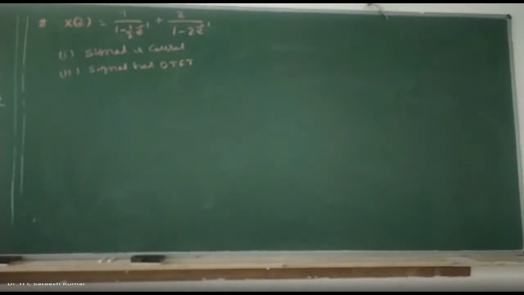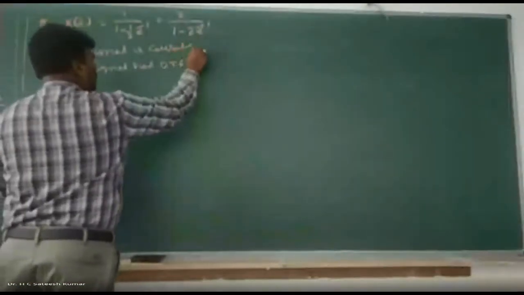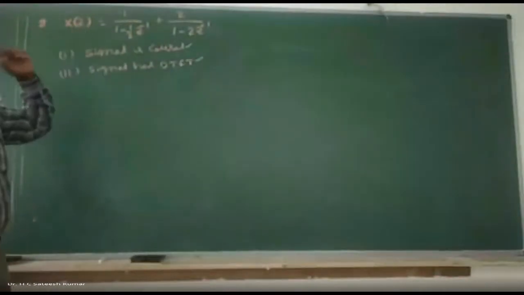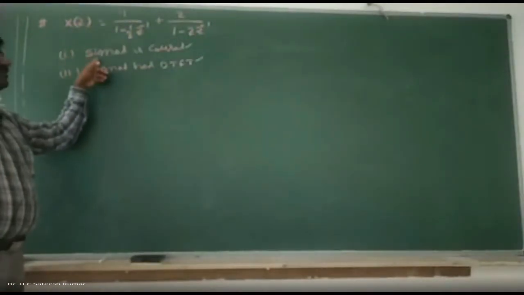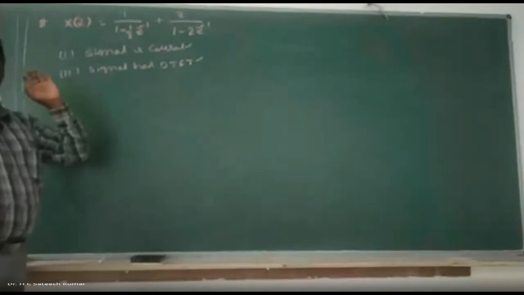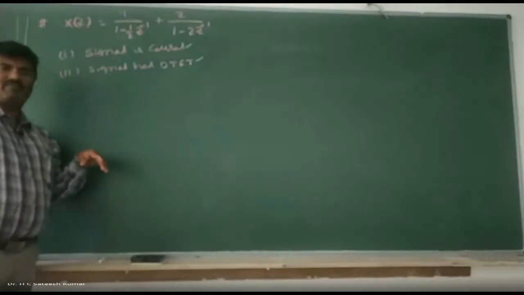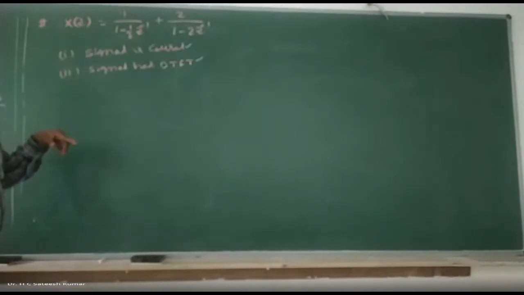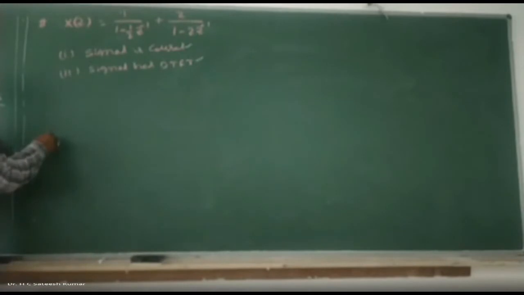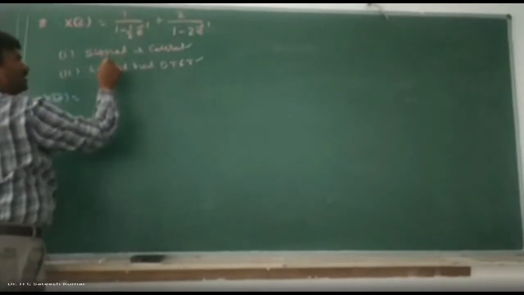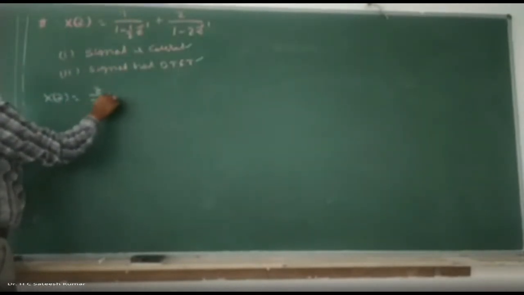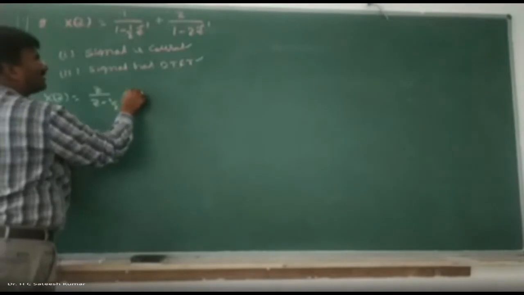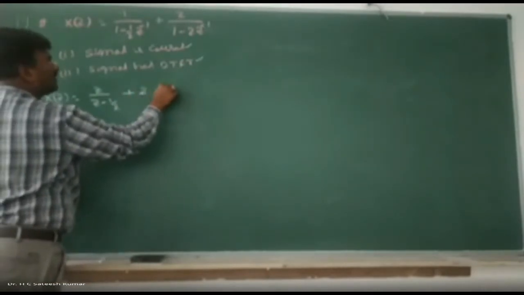Okay, right. How to do this problem? These two conditions were given to obtain the ROCs, different ROCs. So what is the question? Find the inverse Z transformation when signal is causal, and when signal has DTFT. That means instead of giving the ROC, he has given the condition. From the condition, we should be able to generate the ROC. Okay, how exactly can we do it? Take the LCM, multiply numerator and denominator by z in this one. What will you get? Z divided by z minus half, it is fine, and plus 2 into z divided by z minus 2.